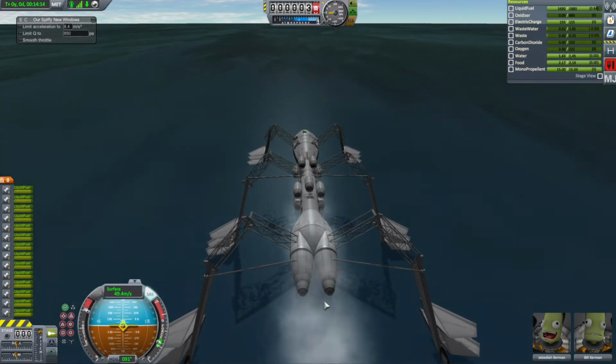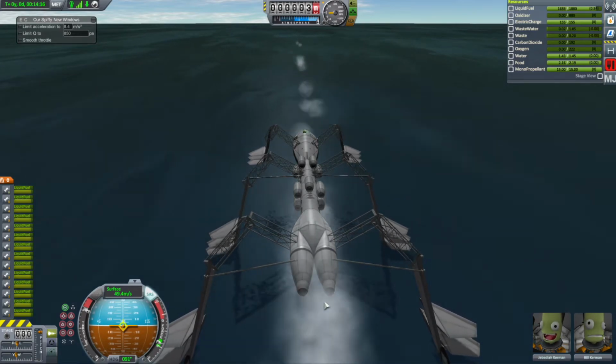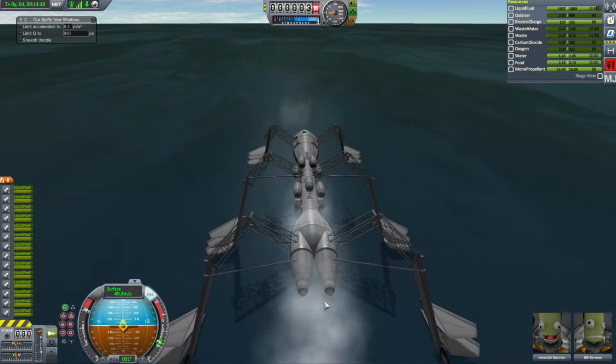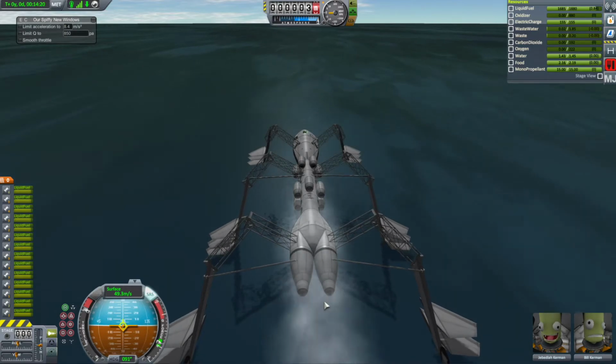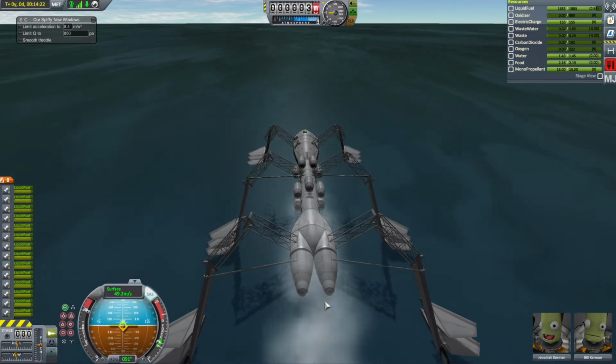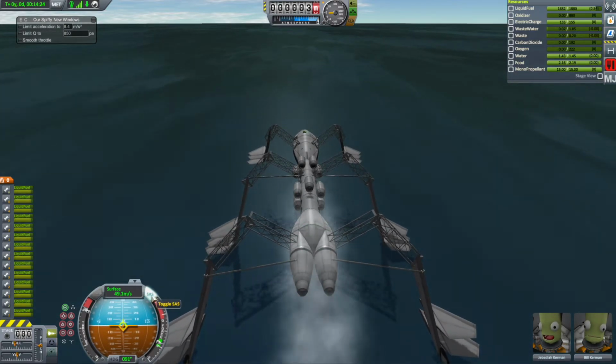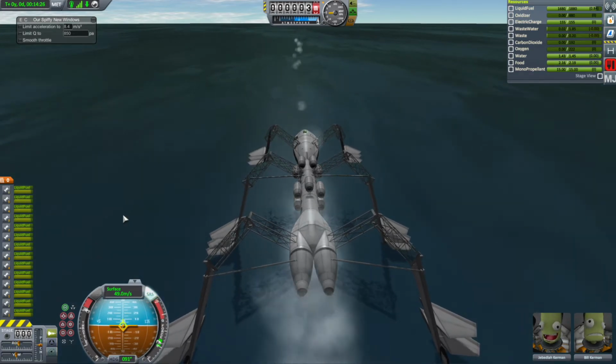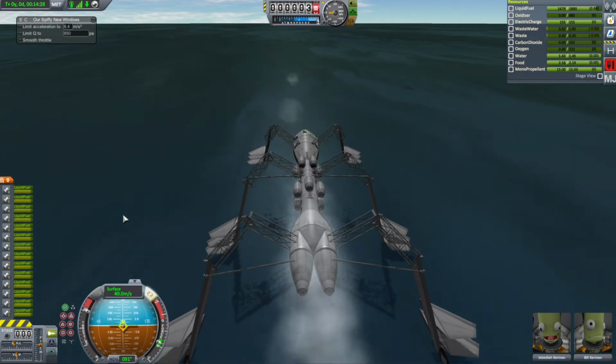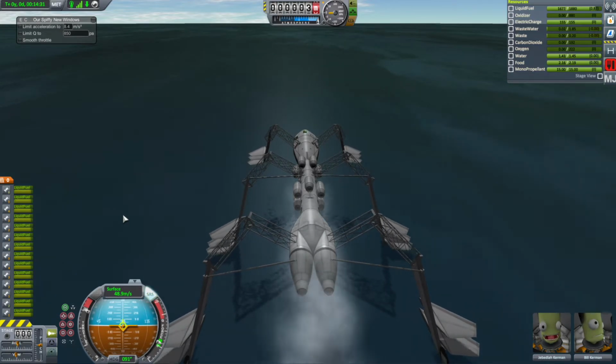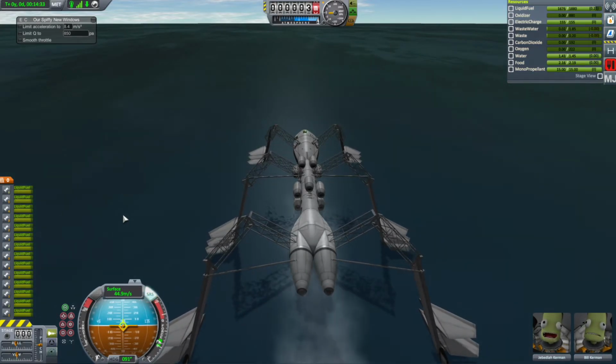This is chine walking. The faster we go, the more unstable this craft is going to become over time, until eventually there's going to be some catastrophic crash, and that's not going to end well for anybody. SAS is attempting to adjust for this, and it's just not going to be able to keep up. So what I'm going to do is kill my acceleration, and we're actually going to add some